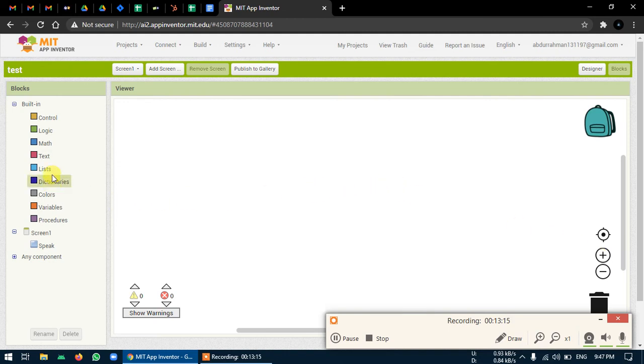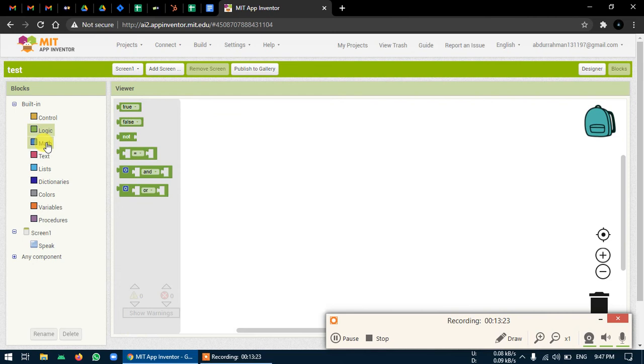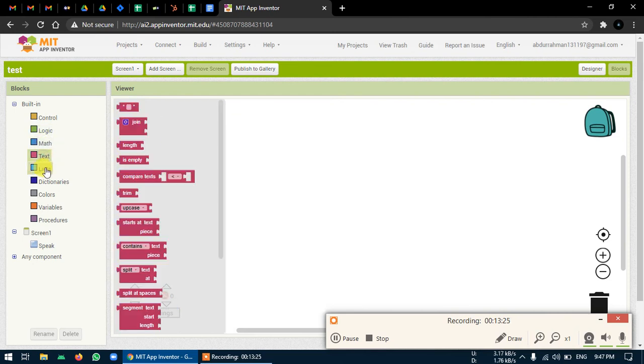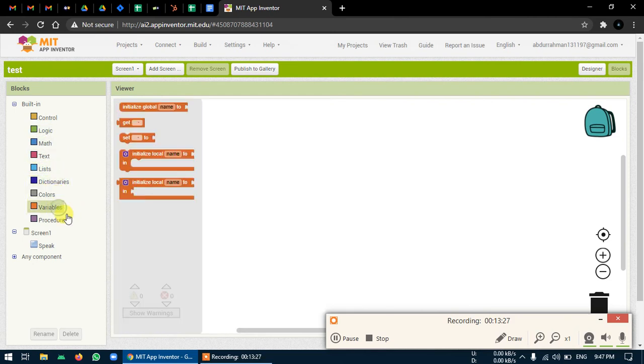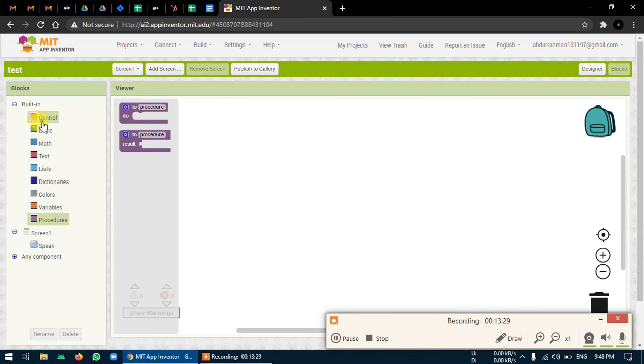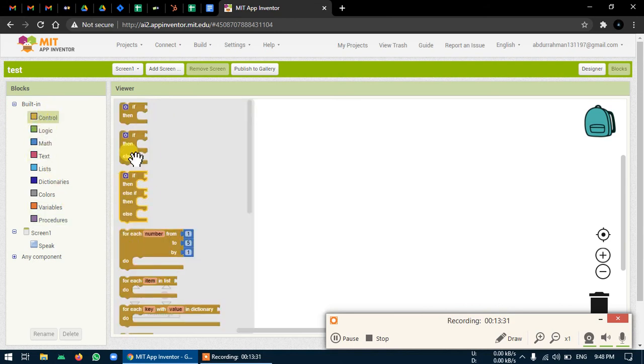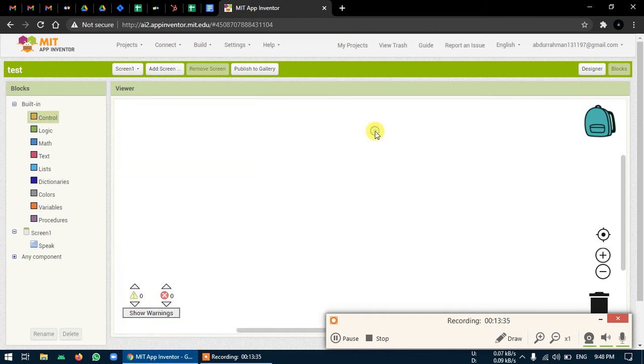On the left hand side we have all the blocks, meaning logical components: control section, logic section, math section, text section, list, dictionary, colors, variables, and procedures. These are all used to build logic.